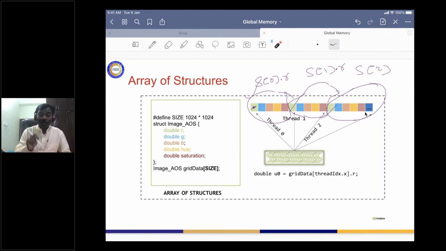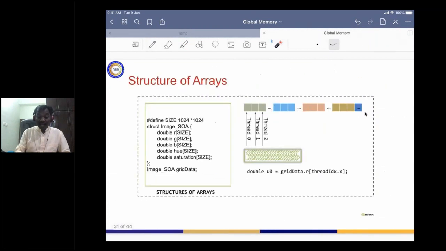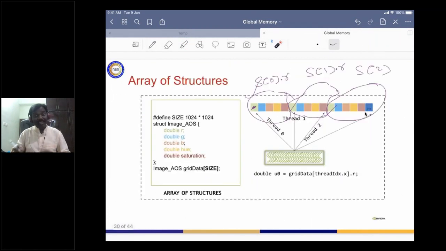This is about array of structures. Array of structures is very good on CPUs, but on GPUs, since all these threads are going to access memory locations which are scattered, this kind of pattern is not good for GPUs.